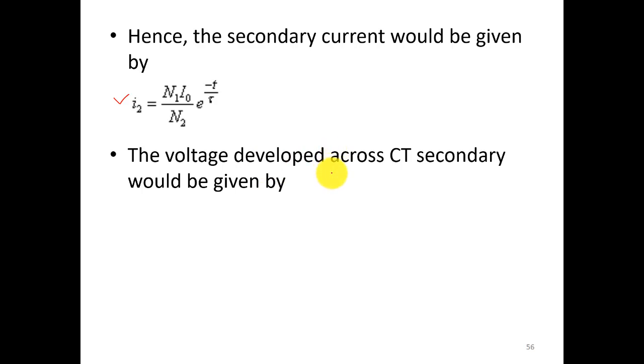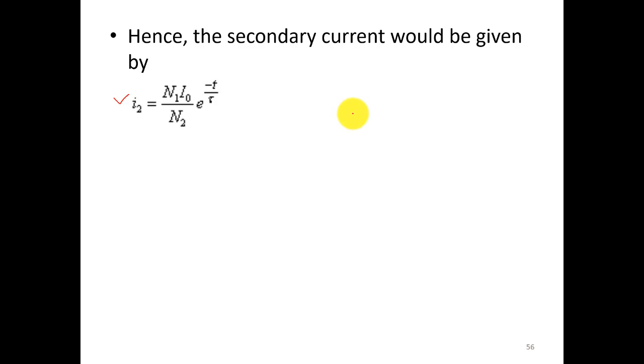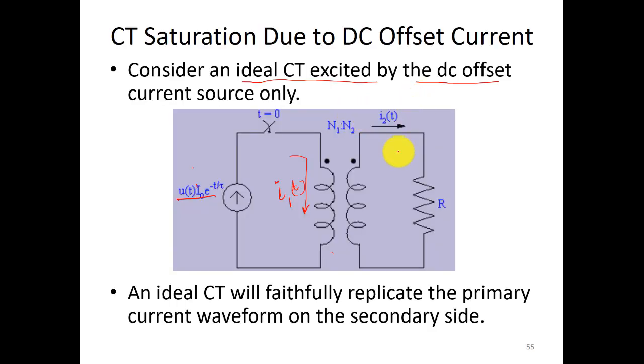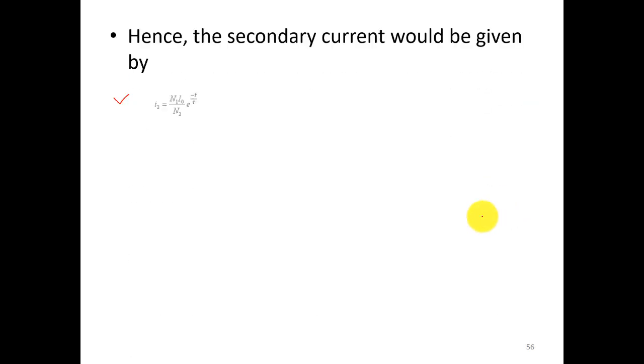That will be the current flowing in the secondary side, I2, into R. R is your burden, which we have already seen here. So by multiplying with R, we'll get